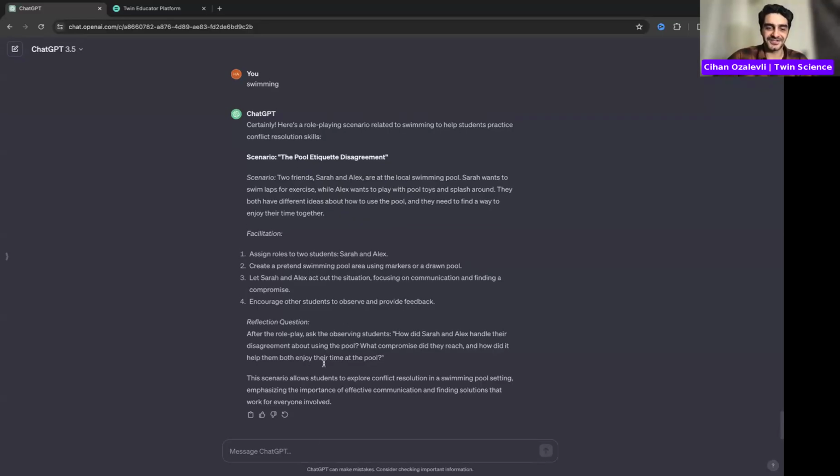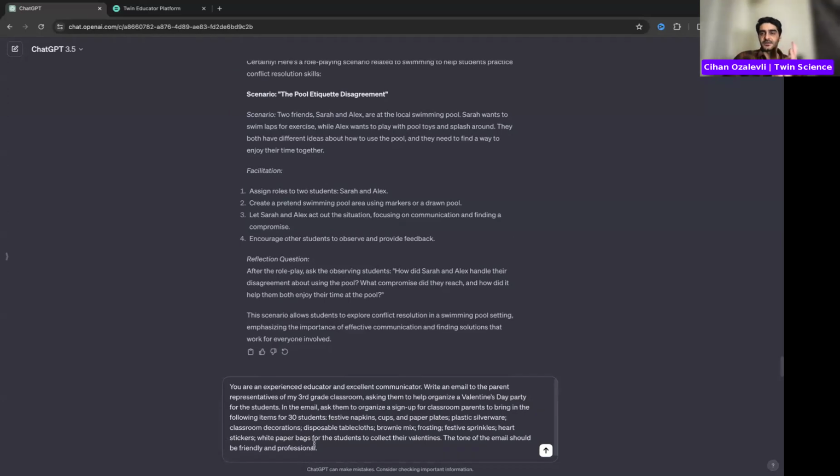And in order to save some time, I know you cannot actually save all of your time with parents, but it might help you write an email to the parent representatives of your classroom.